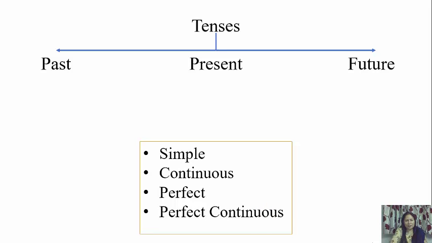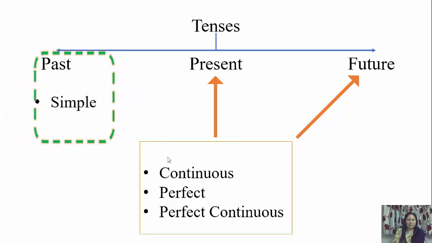So you studied last time simple present tense, present continuous tense and present perfect tense. Present perfect continuous I have not discussed yet. I'll discuss later. First we'll do these 3, and today you are going to study past tense. Past tense means something that has happened before. So present tense is now and past tense is that has happened before. So today we are going to study simple past tense.